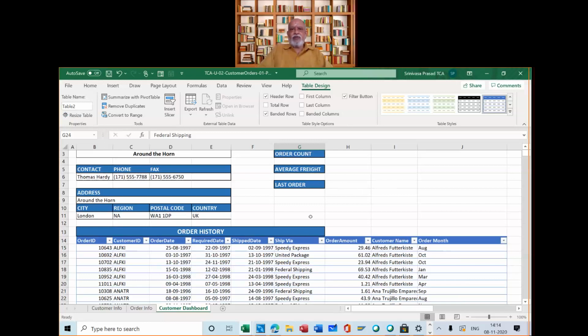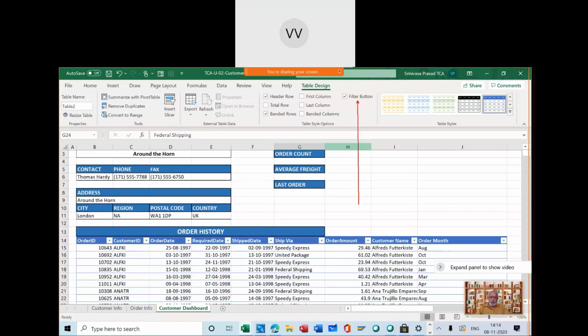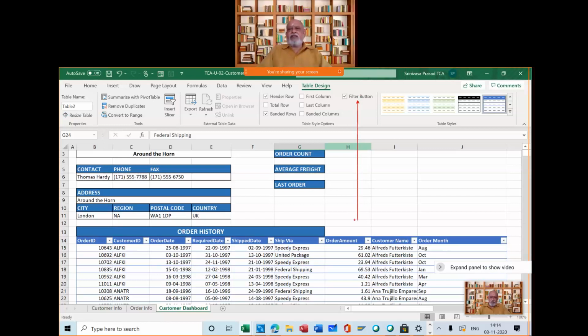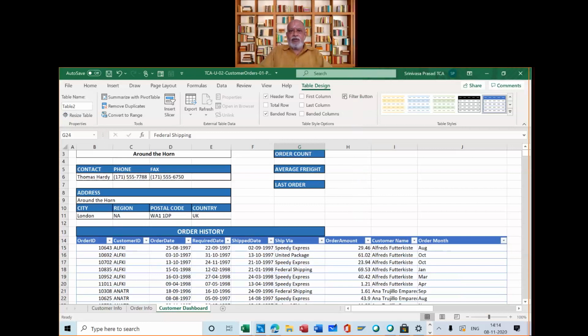It doesn't look nice. So what we will do, we will go and remove the arrow mark. So where is that? How do I remove these filters? Where is the Advanced Filter button? This is the Remove Filter button. So this is what I am supposed to remove. So I will remove it.